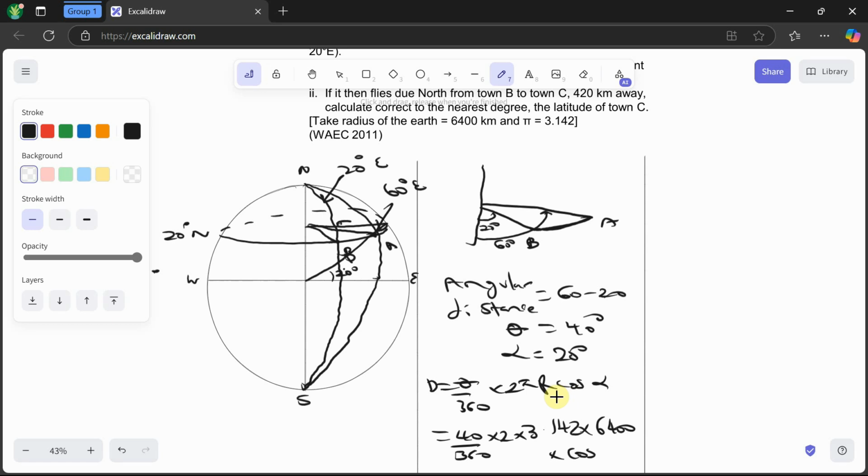So cos 20 degrees. I'll just plug all of that in. I'm not cancelling anything. So that is 40 over 360 times 2 times 3.142 times 6,400 times cos 20 degrees. So that will be